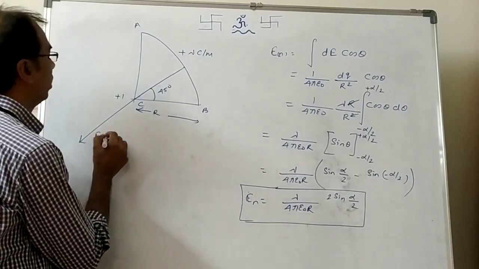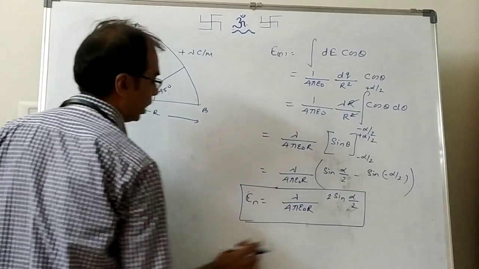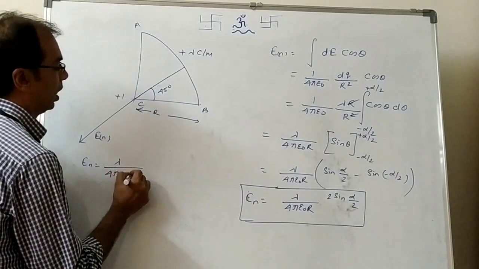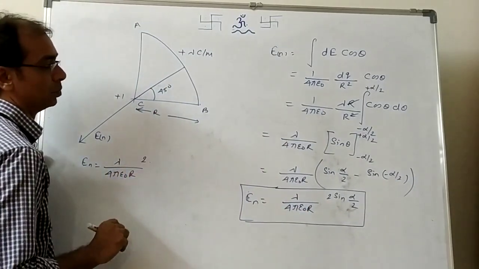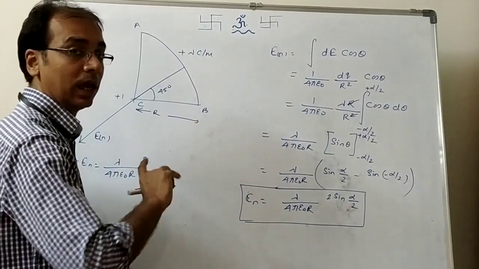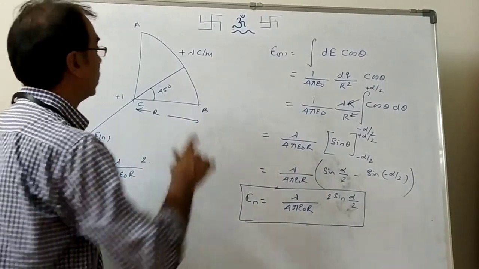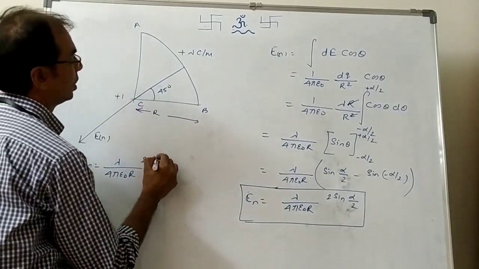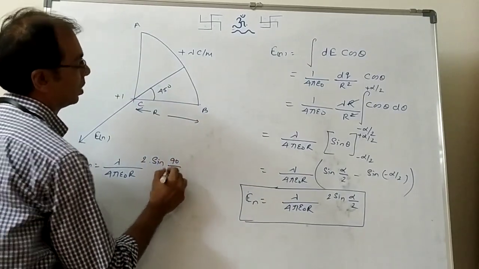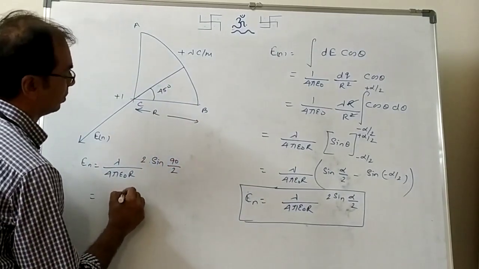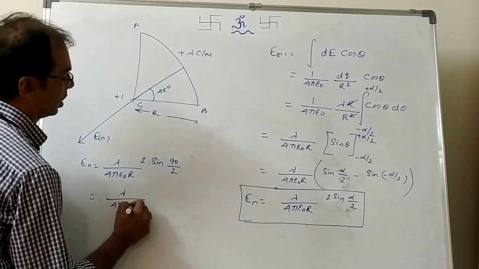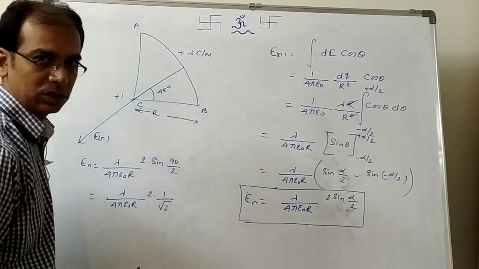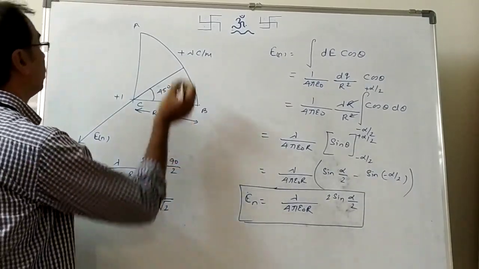This is the direction. Now I am going to use this formula. Okay. So that is E net equal to lambda by 4 pi epsilon naught r times 2 sine alpha by 2. What was alpha there? The angle made by the sector at the center. So here this is the sector. What is the angle made by this sector at the center? 90 degrees. So put it here: 2 sine 90 by 2, that means 45 degrees. What is our answer then? Lambda by 4 pi epsilon naught r times 2 sine 45, that is 1 by root 2. That's all. It's over.